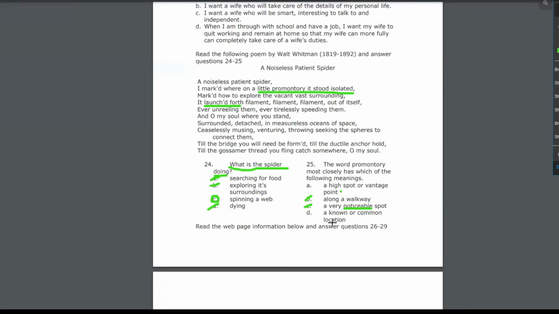And then it says a known or a common location. So again, because we have the isolated part, it's kind of like they're hiding, they're kind of in the cut. So that's how that one was eliminated, which led me to believe that A was the answer. So for this particular question,